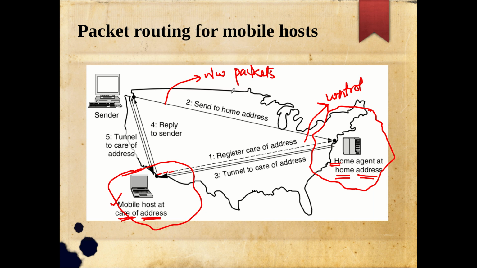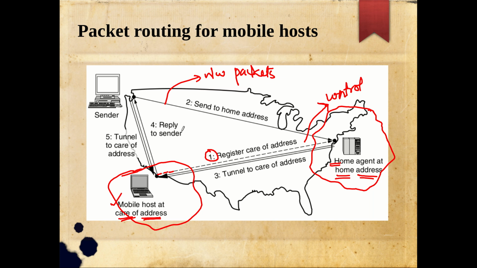Network layer packets are communicated by a straight line like this. The control information is not actual information, it is just control information. Here the device is trying to say, this is my care of address. So the care of address registration with the home agent is what happens at this first step of communication. That is why it is a control message, not an actual data message. Once the device has registered its care of address with the home agent, its task is over. As soon as the device moves to a different location, the first two things it has to do are get a network layer address called the care of address, and communicate that care of address to the home agent. So now the home agent has information about this device's new care of address.